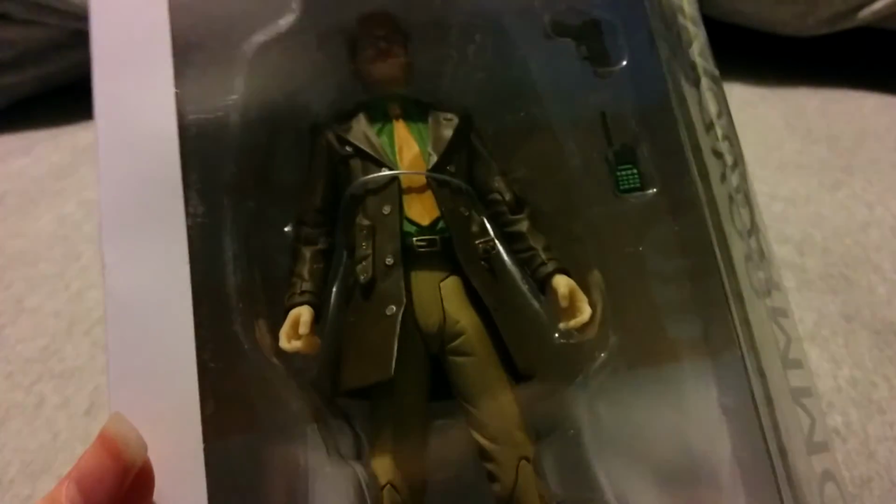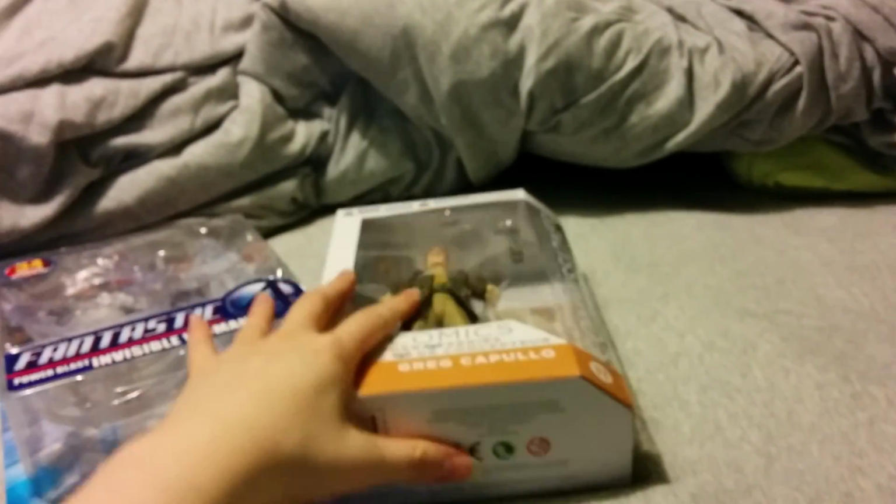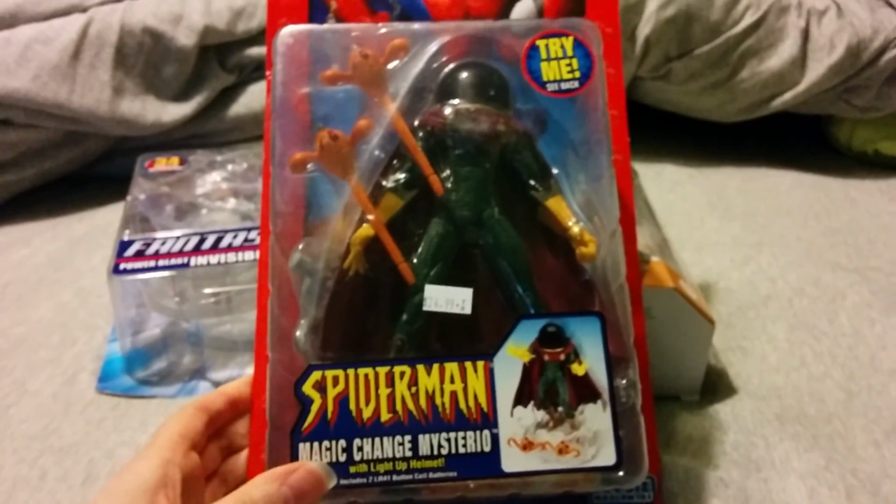I've seen numerous reviews of it, and we had to get this guy. Unfortunately they marked these up a lot. So regular price he was like $28, but 40% off is really good. So it was like 18 or something like that, which is a little under regular price. So that's cool. And then lastly from this sale, I picked up the Spider-Man Classics Magic Change Mysterio, who was